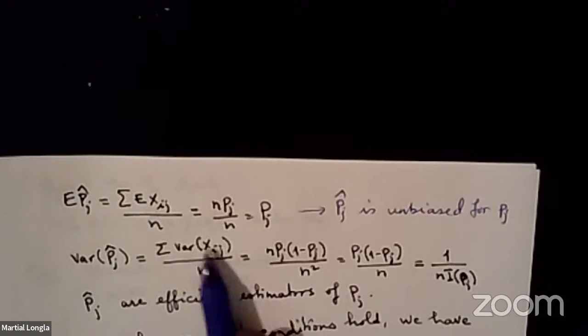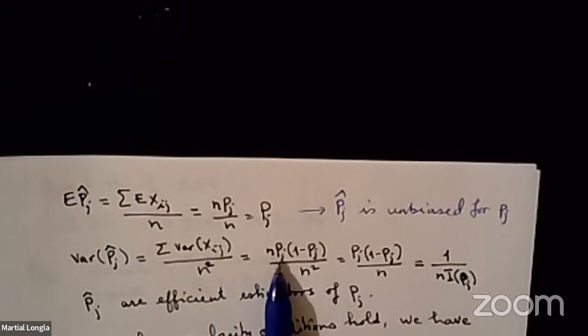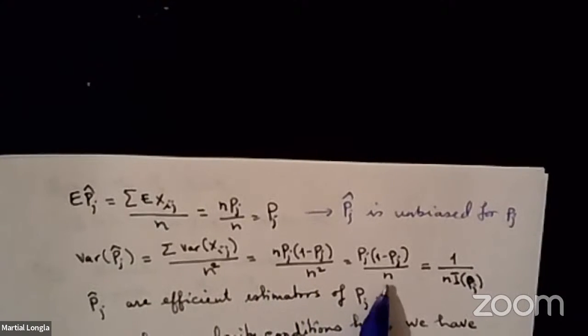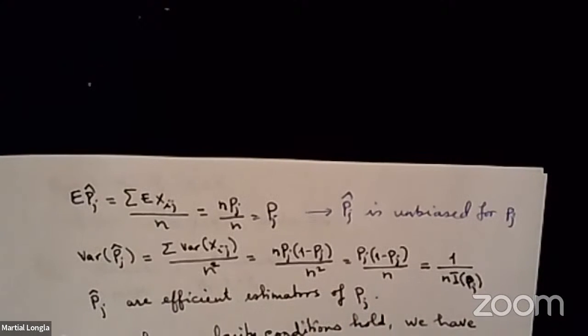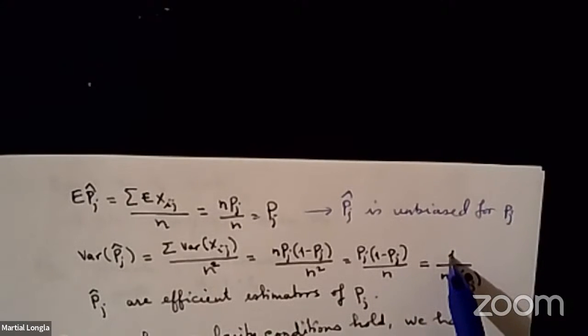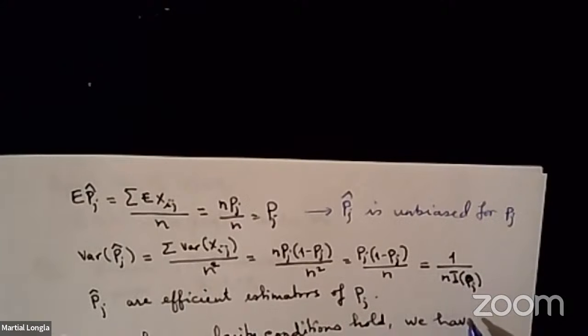And so you're adding n of them, so that is n times pj times 1 minus pj over n squared, and the n cancels. Now you can see that this thing is 1 over n times I of pj. We computed the I of pj,